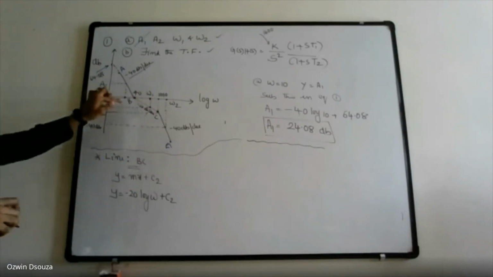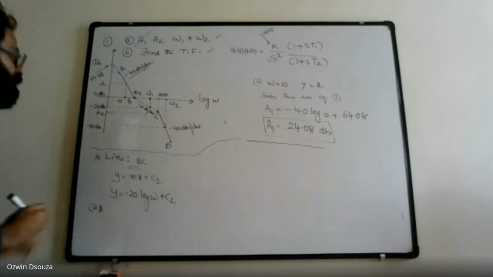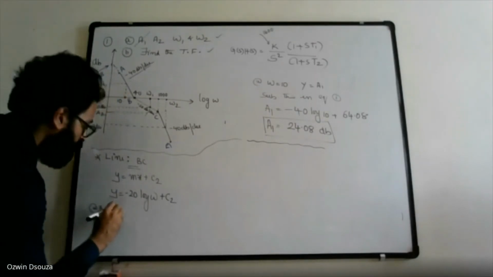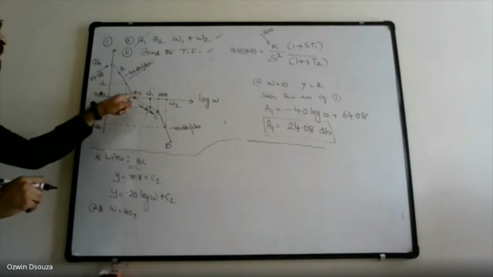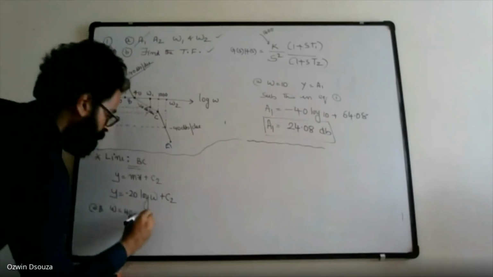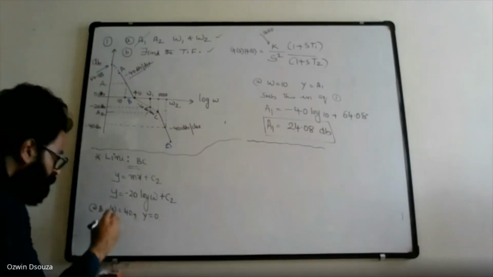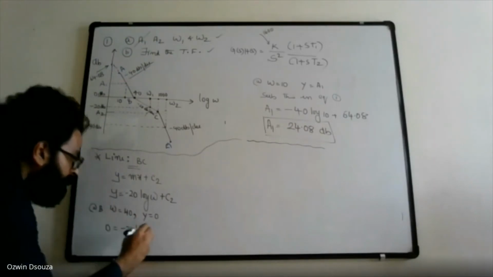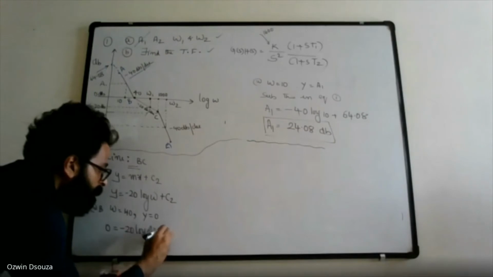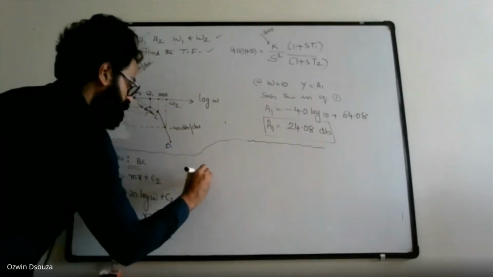So at B, omega is 40 and y is 0. So let us substitute. So LHS is 0, minus 20 log 40 plus C2, or C2 is equal to